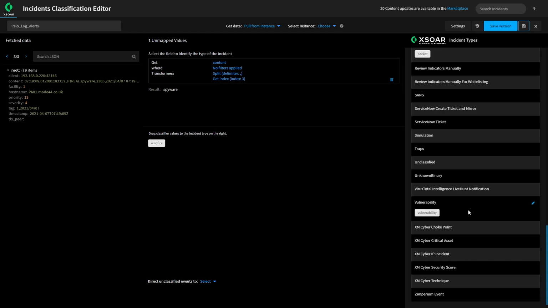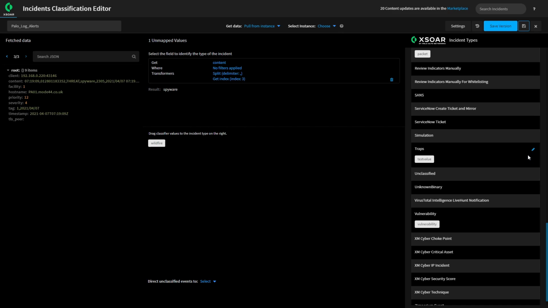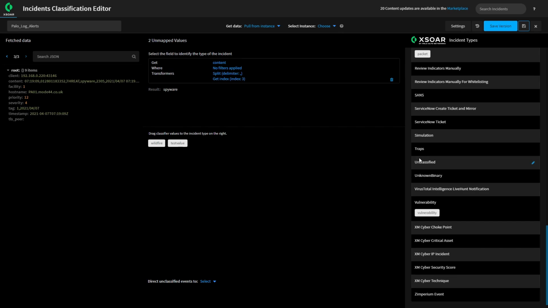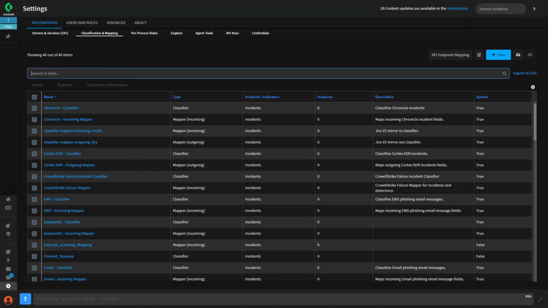So you can do that simply by adding the value in there. Okay, and now anything that was to come through that had test value there, which will be absolutely 0, that would then create a trapped incident. Okay, so if I come away from there, yes, I don't care because I've already done it. So it's in advanced,